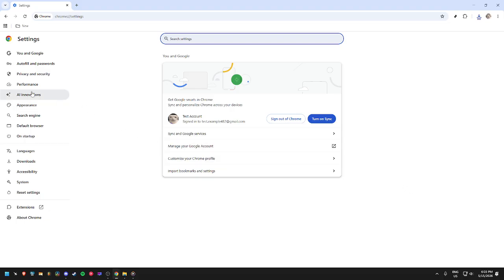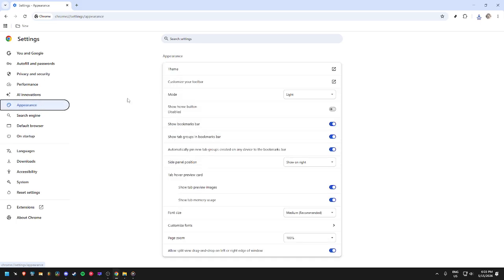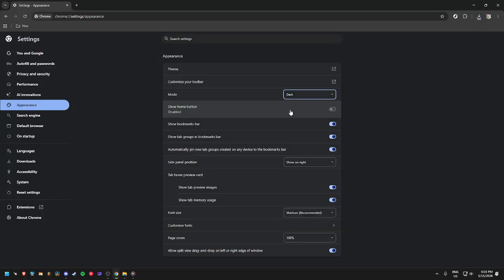In the settings page, look for the Appearance section. Depending on your version of Chrome, you may see Appearance listed in the left sidebar, or you may need to scroll a little to find it. Click Appearance to open the display and theme options for the browser. Inside Appearance, look for the option related to theme or mode and choose Dark Mode. Once you select it, Chrome will apply a darker interface. This changes the overall look of the browser and can make browsing more comfortable if you prefer a less bright